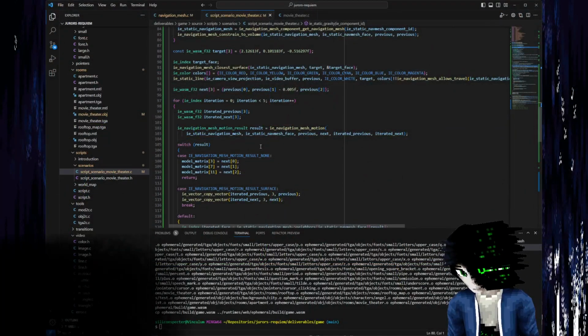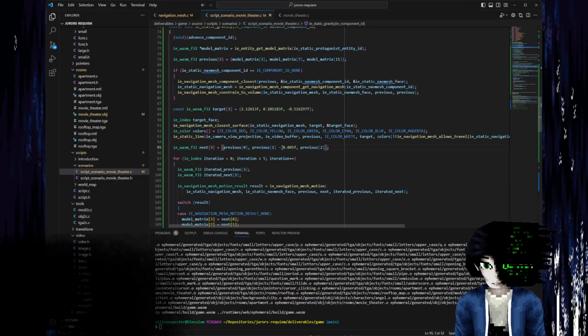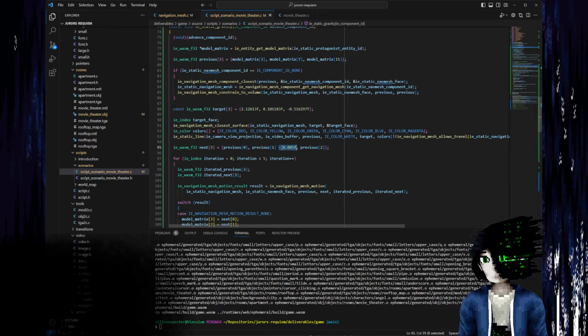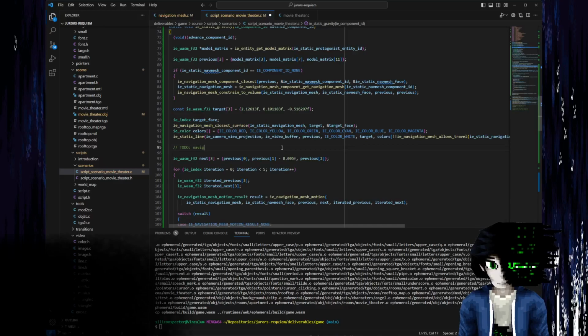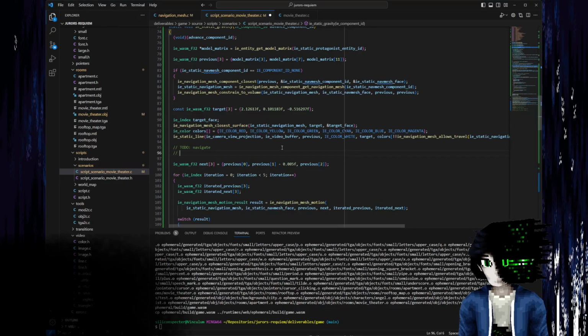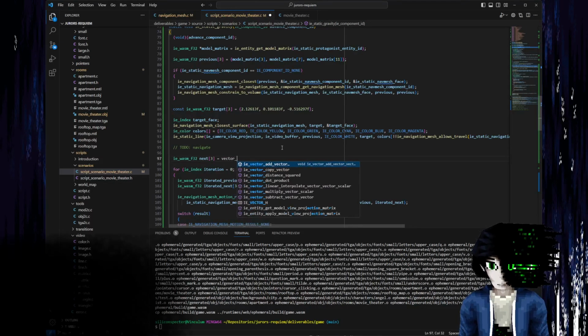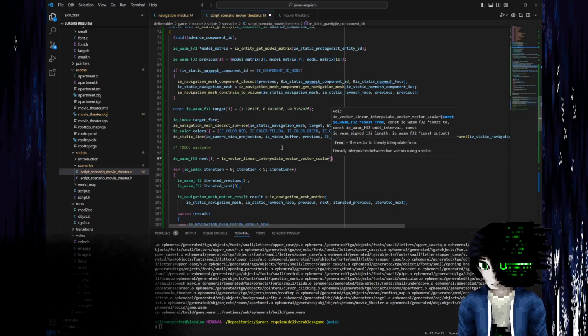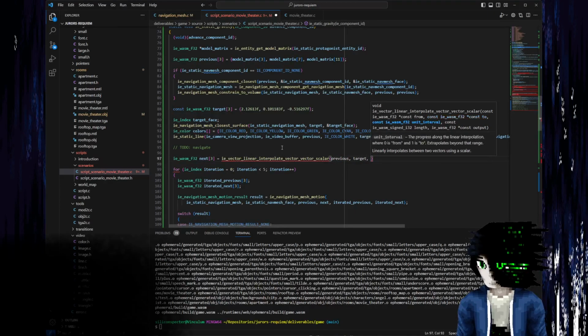How am I going to have it go towards the right edge? At the moment we've got this previous location, this next location, I guess we did the navigation here. So what I can do, as just a quick hack, is linearly interpolate from the previous location to the target, and